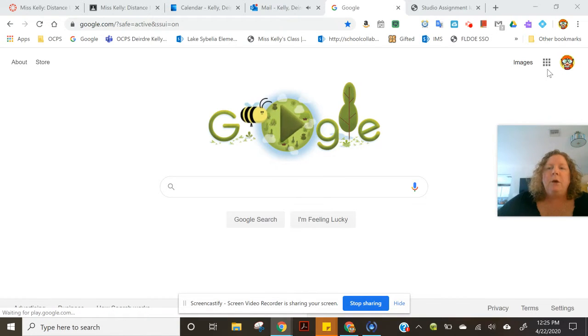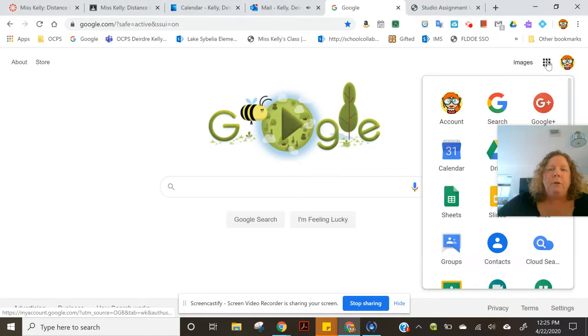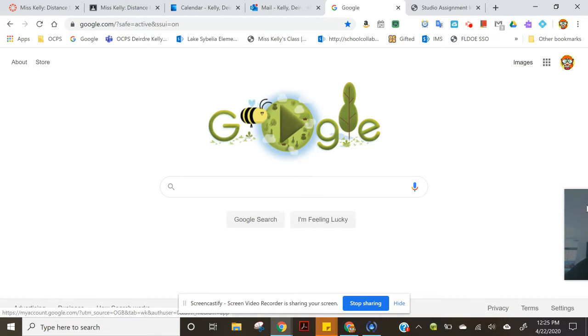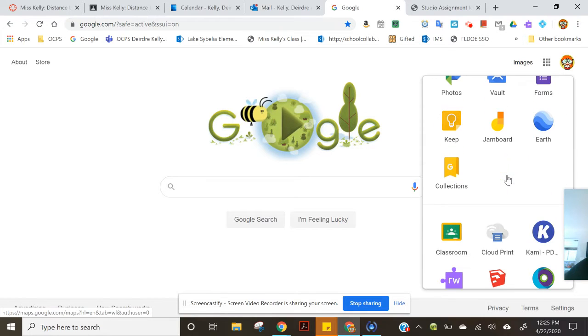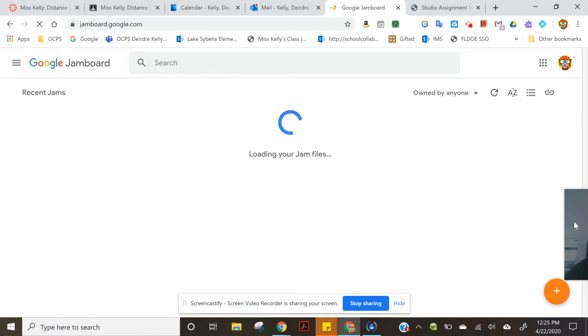Okay, so here we are on the Google page. I go to the Google waffle, moving myself out of the way. I'm scrolling down and I'm looking for this icon, which is Jamboard. Once I go to Jamboard,